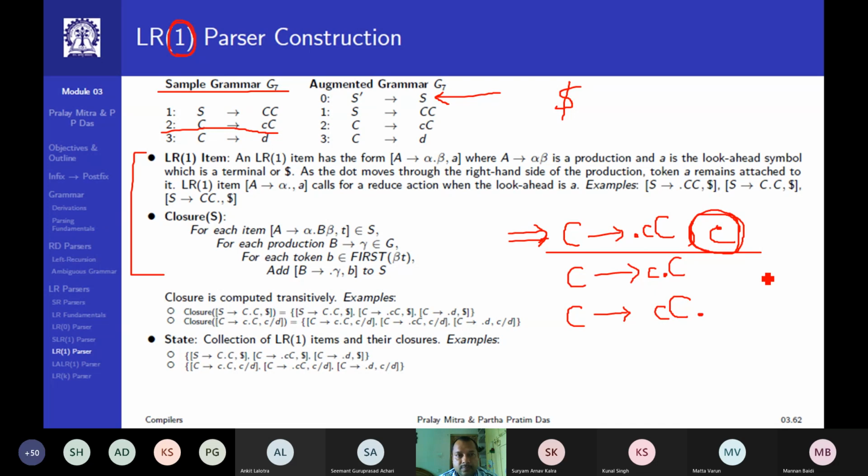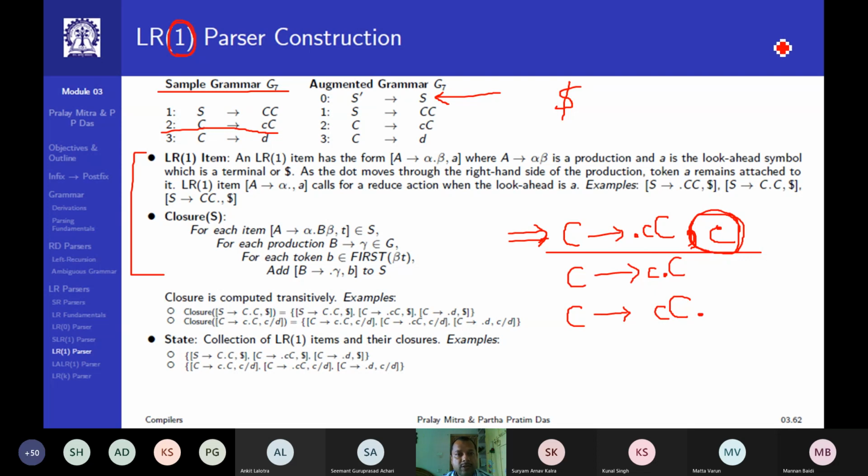You remember that in one Venn diagram we drew, we mentioned LR(k) in general, where k is an integer constant that varies from 0 to any number. Now k equals 0 we consider, that is LR(0). In LR(1), I am suggesting one lookahead, and that lookahead information will also be incorporated as part of the item. After the item, using a comma, I will write that one. And the lookahead information will be a terminal symbol.